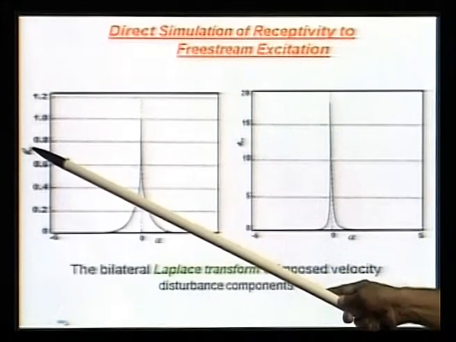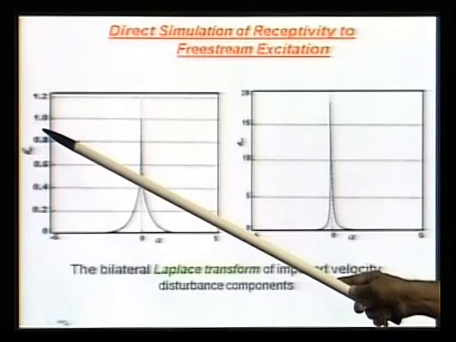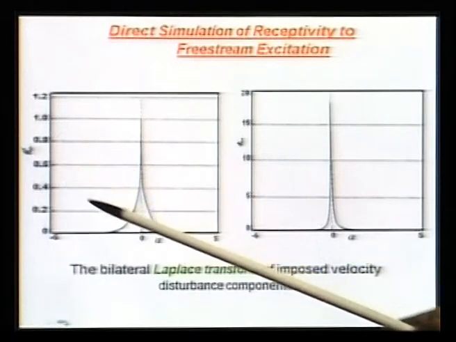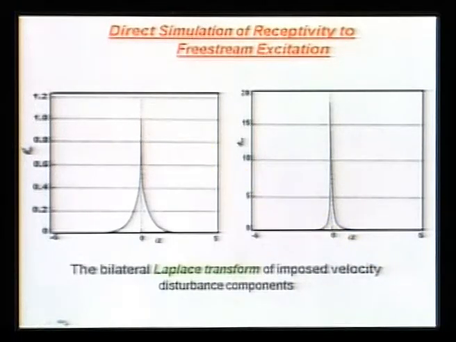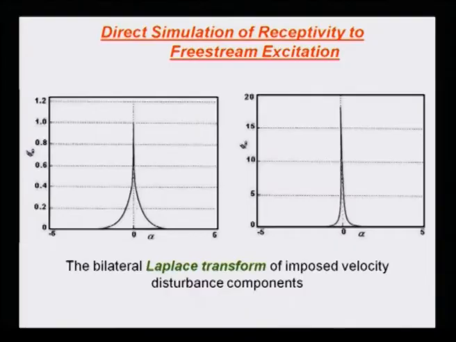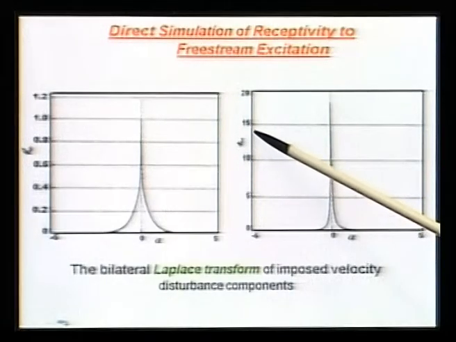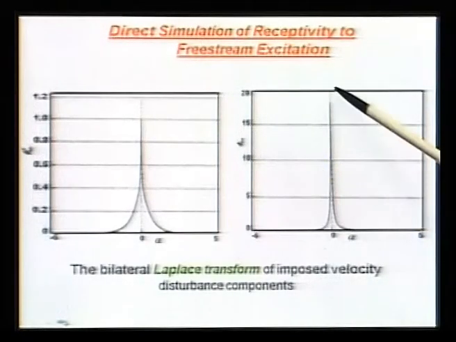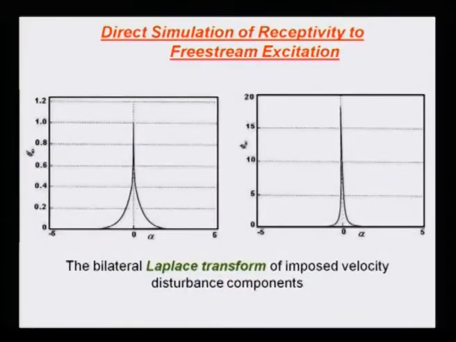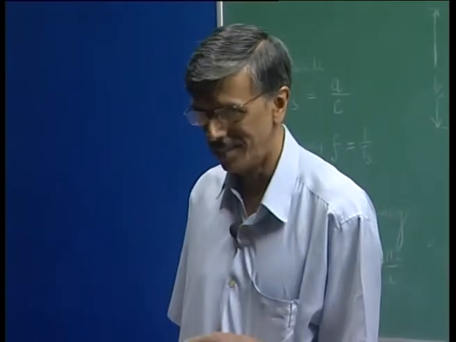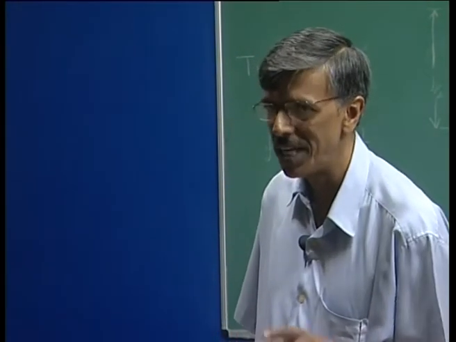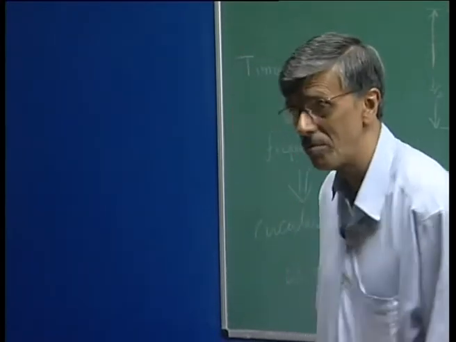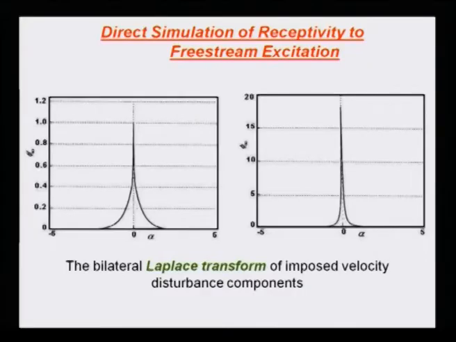This is corresponding to u. So this is phi infinity prime. If I look at phi infinity prime, look at the maximum. Maximum is about 1. And look at the Fourier transform of v infinity, that gives us phi infinity. And that phi infinity, look at this, about 18. So you can see there is an order of magnitude difference between phi infinity and phi infinity prime. We'll use this information later. So please do remember this is what is happening.